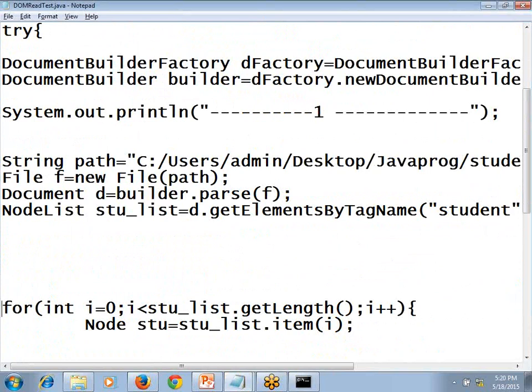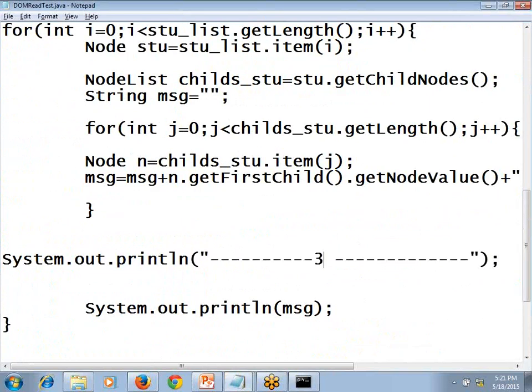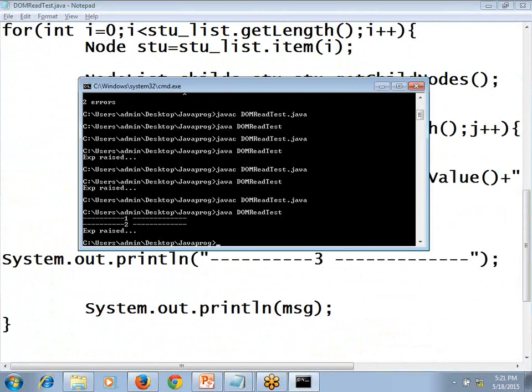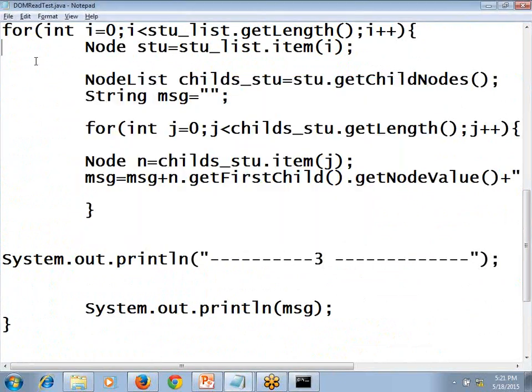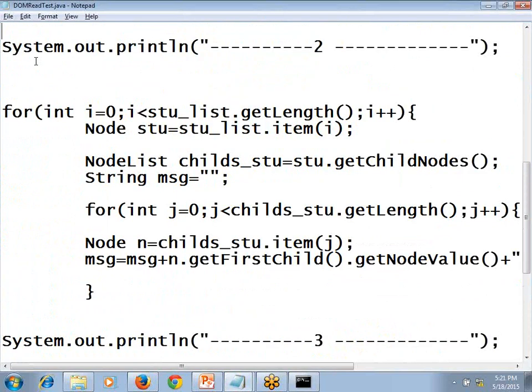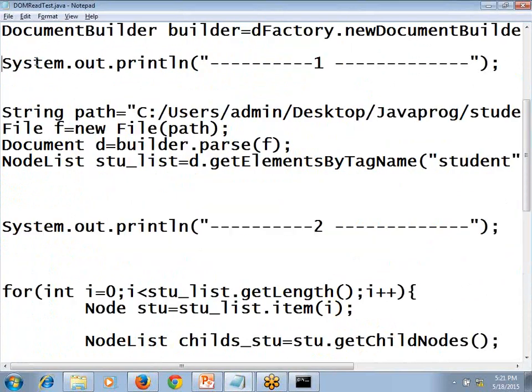First place there is no exception. Second place also there is no exception. Third, meaning up to this one there is no exception. Second place also there is no exception. We'll do one thing. In place of this number,